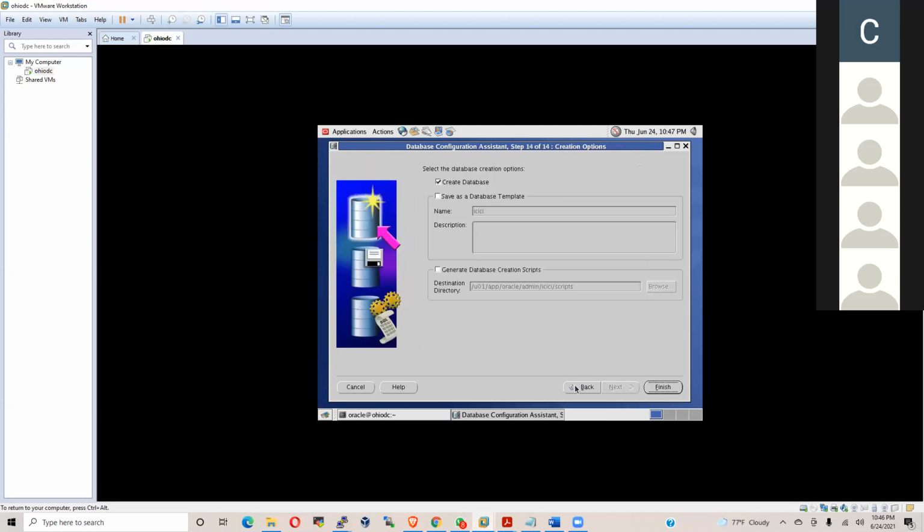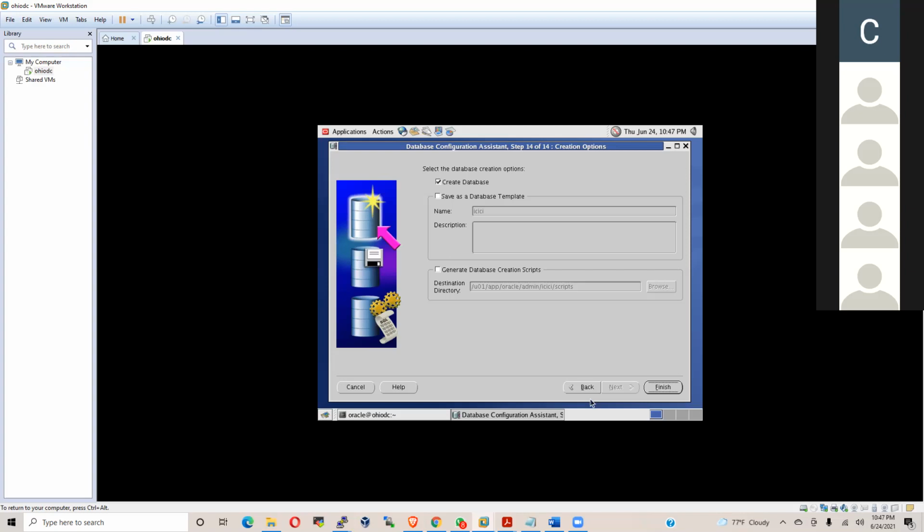Wait, don't click on finish. Did you people observe something? If you click on finish, the database will be created. So where to do and what to do, all these things, you people don't know.